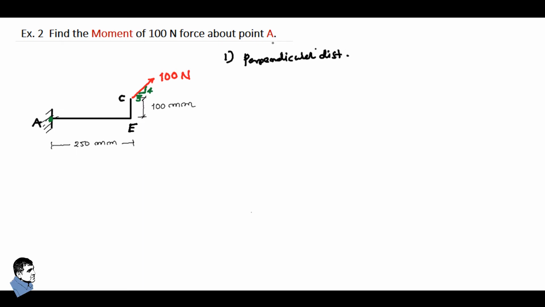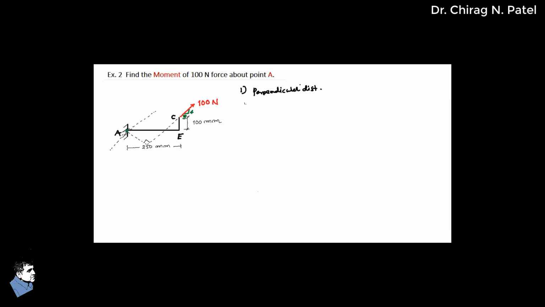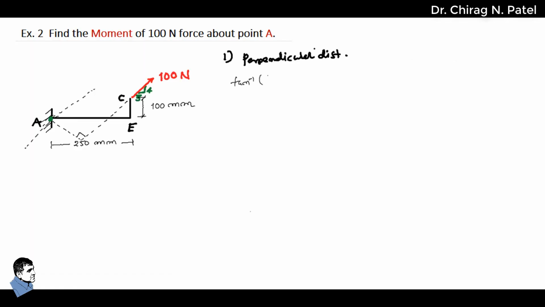Now here we extend the line of force of that 100 Newton force and another line, known as the line of pivot point, or we can say a reference line, and we also draw a perpendicular to the line of force and the line of pivot point, and we need to find the different angles. So this angle is 90 degrees. If we sort out the angle at point C, we can apply tan inverse 4 by 3, that equals